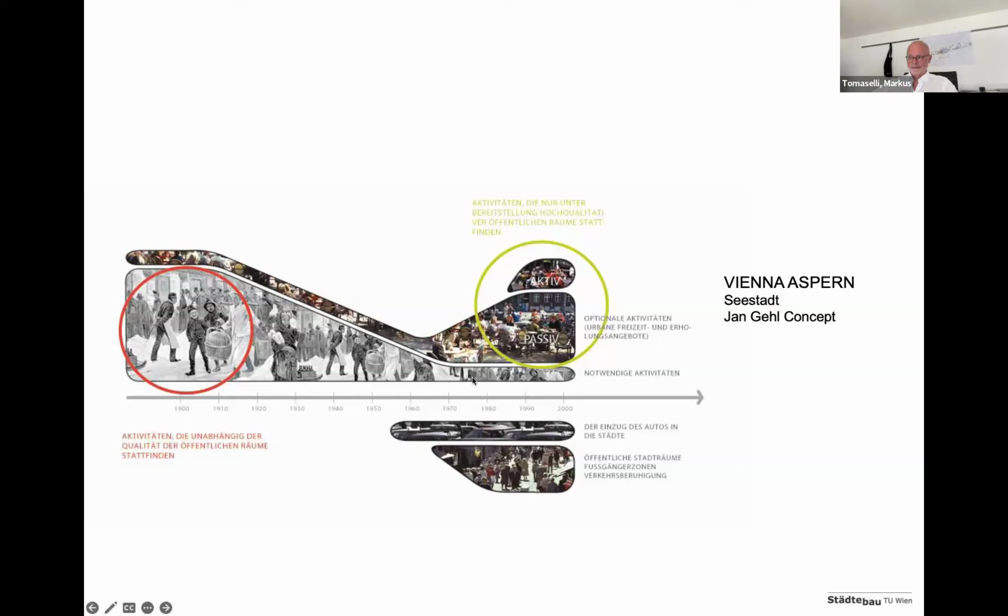But that changed dramatically. So we have in our public space nowadays mostly recreational and other urban, not really necessary activities. And the necessary, economically necessary activities are reduced. The percentage and the amount is reduced. And what's appearing now in the last, let's say, decades, is that we use the public space also for active mobility, for example, for running, for riding bicycles, for scooters, for all these kind of new modes of mobility that